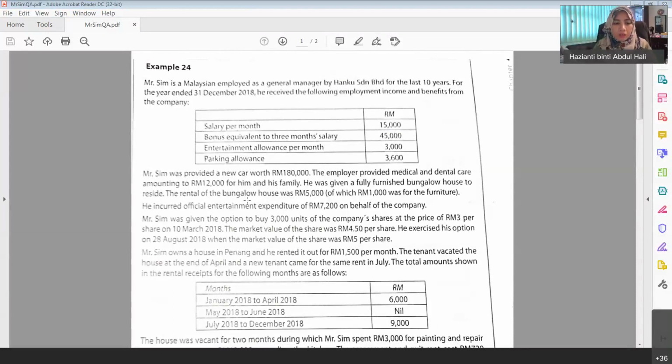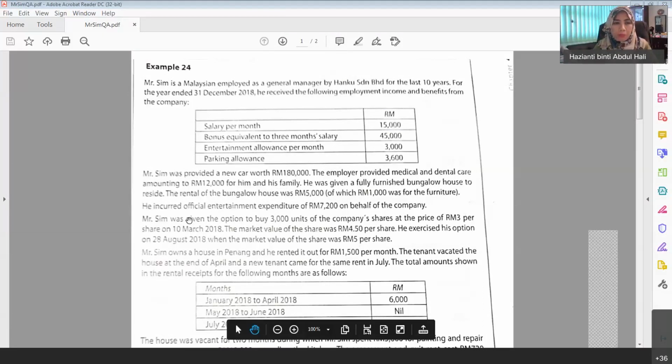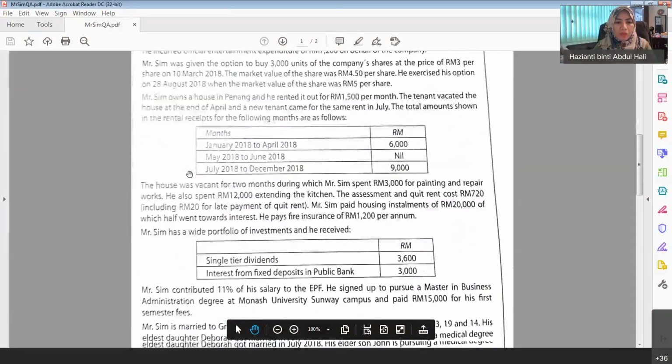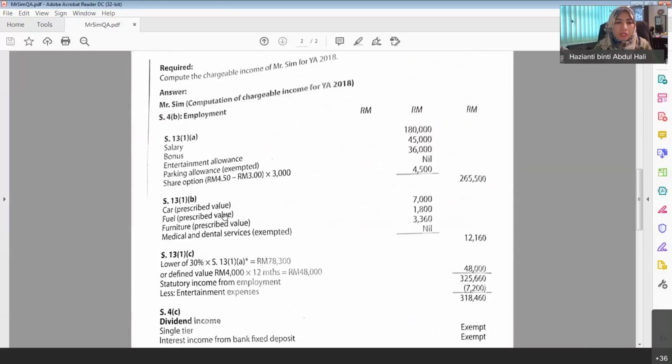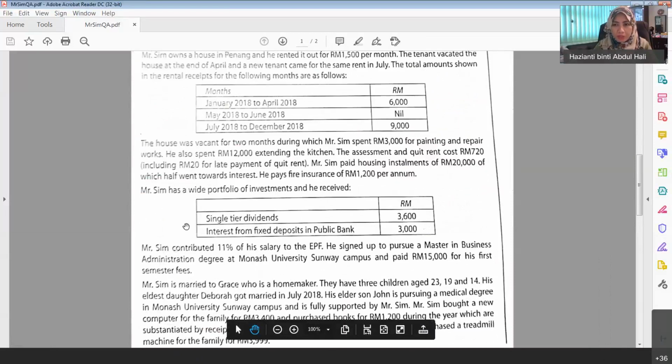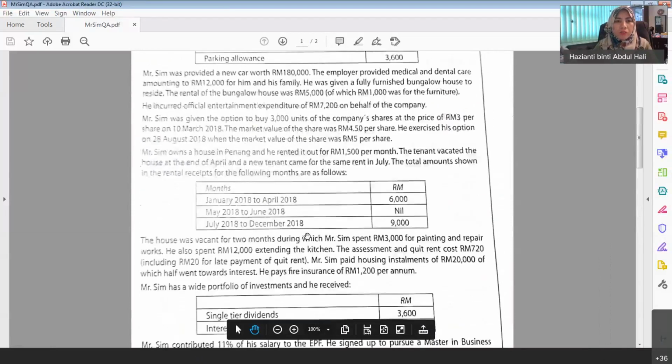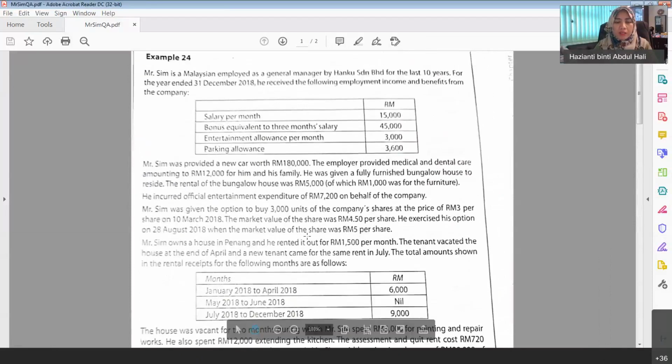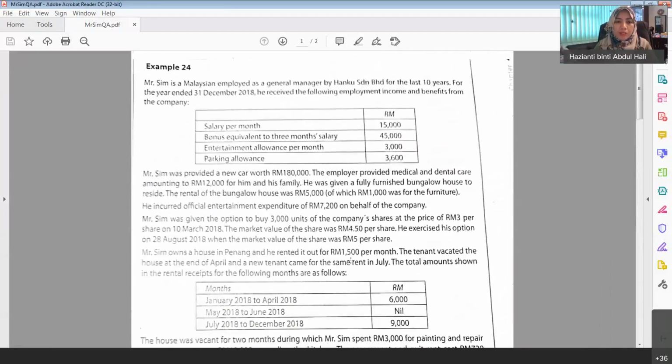Okay. So here we have Mr. Sim and I asked you to only answer the question up to this paragraph. We have not done the EPF contribution and also personal relief part yet, so we have to stop here. Right, so if we go through the question, this is what the question on investment income will look like